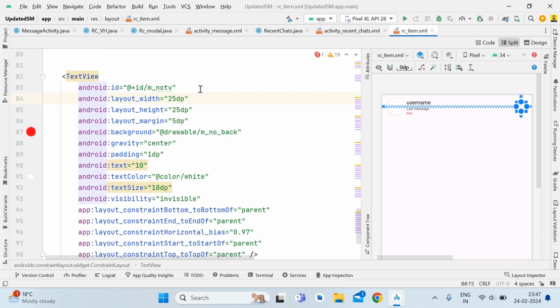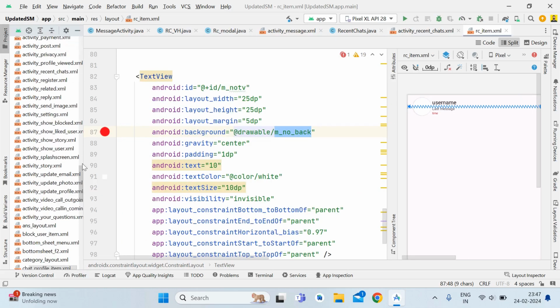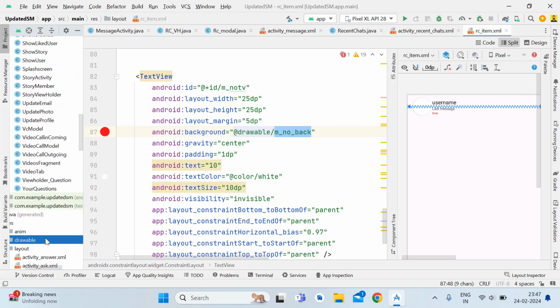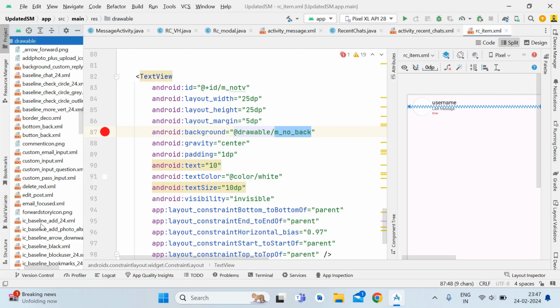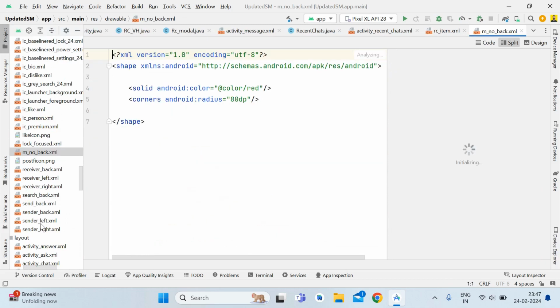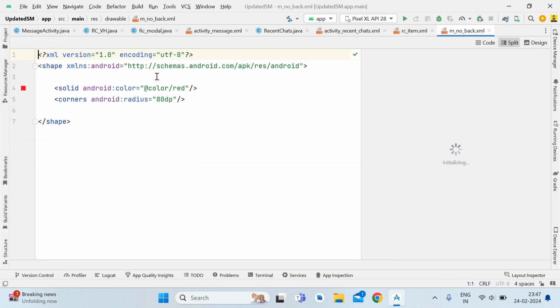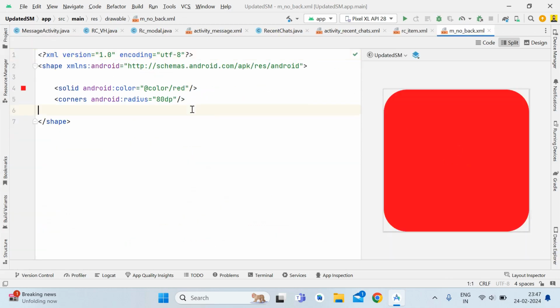So same thing we will implement here. Here you can see that I have a background named m number back. I will also show you the code of that background, so you will not be confused. Simply create a drawable file, give it the name m number back, and after that you can see its code on the screen. That's pretty simple. Pause the video and write down the code,